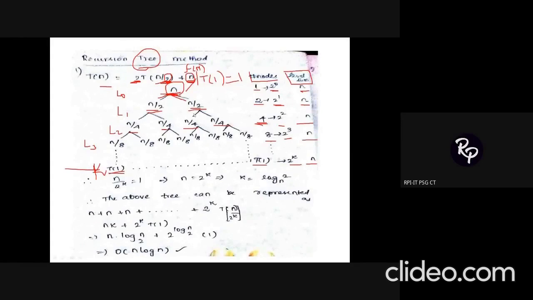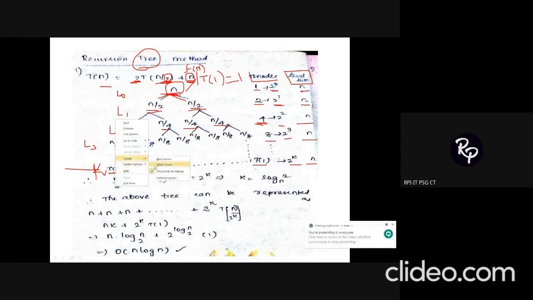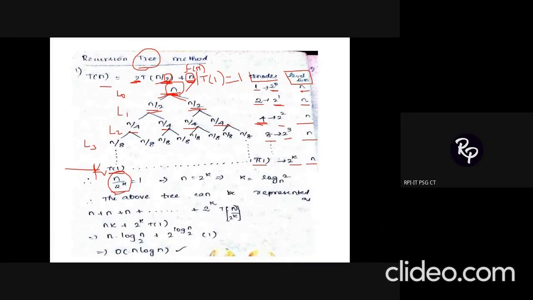If you look into the division phase, it is like n by 2, n by 4, n by 8, and it goes on. In general, I can write that as n divided by 2 power k. So depending on your division value, this n by something term will vary. If suppose I have T of n by 8 in my question, this will become n divided by 8 power k. So whatever the b value is, that b value will decide the corresponding k value. So if you look into a particular depth in a tree, one particular path alone I am going to take.